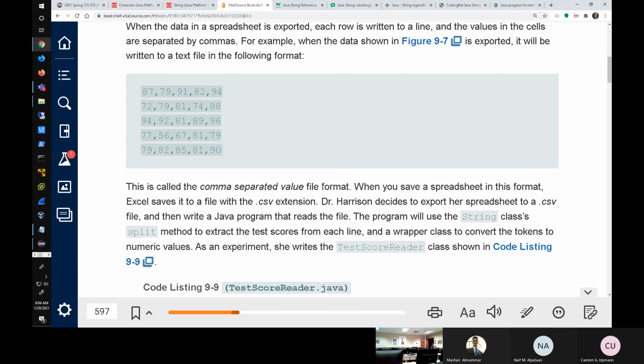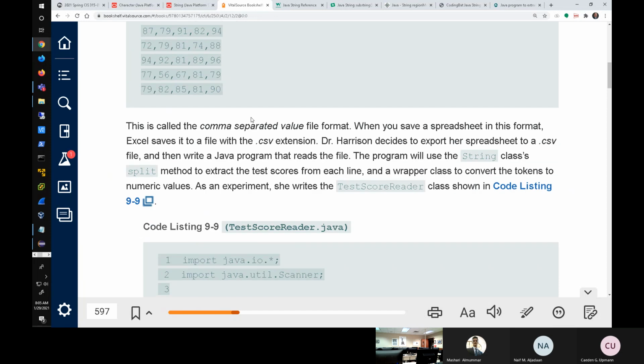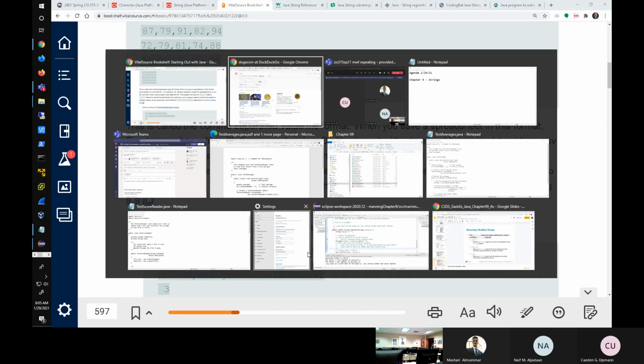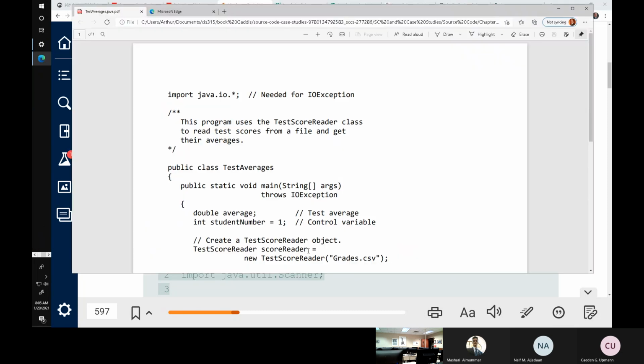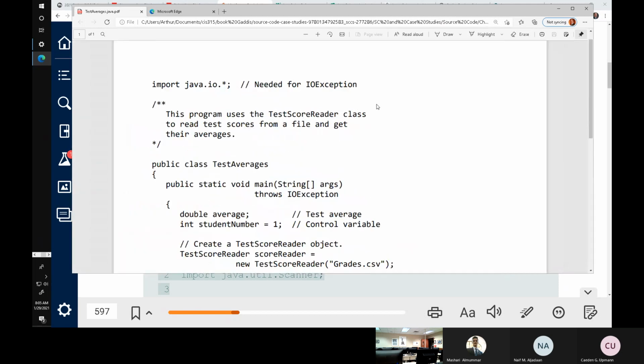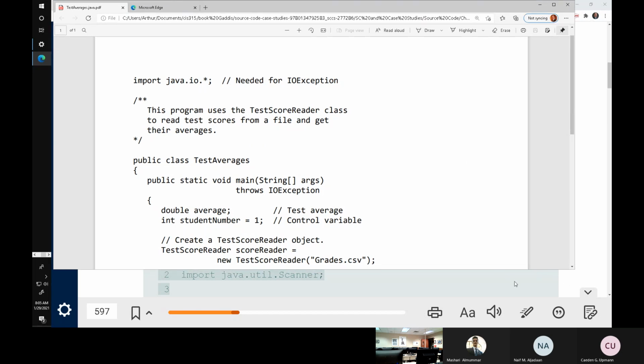Okay, so here's our data. We're going to have to open a file, but then as we read it, we're going to have to do something with that string. And here's the code listing. I'm going to open it up in Edge so I can scribble on it with my pen. So I'm going to zoom in on that, and walk through this code